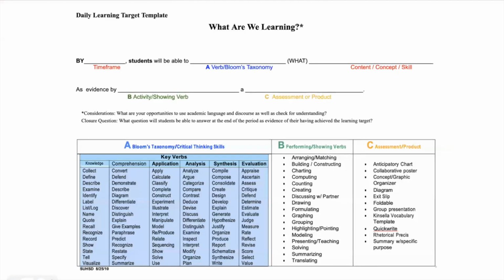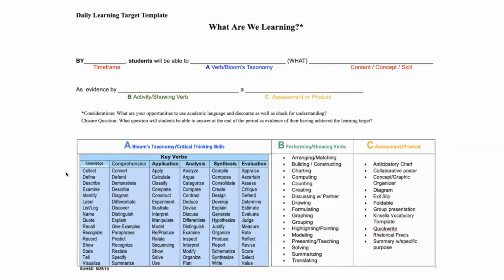We have this template that you all have a copy of, and I'll pop a link to one in the chat before we go to our work time. This is a Bloom's taxonomy framework, or just a graphic organizer, that we're using. It has this sentence in here: by the time frame, by the end of the month, by the end of the unit, by the end of the week, by the end of two lessons, students will be able to,